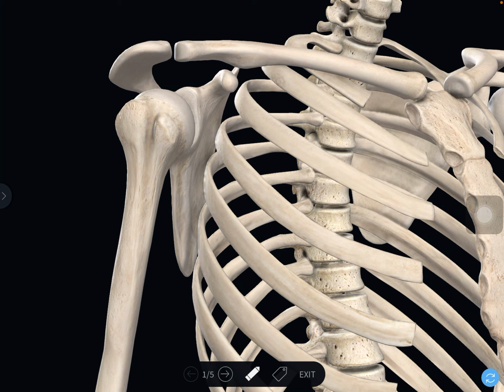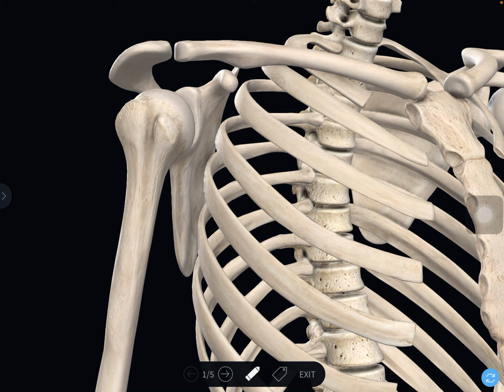So this is the apex of axilla, this is the base of axilla. Muscles coming from this pectoral region form the anterior wall. Posterior wall is formed by subscapularis, latissimus dorsi and teres major. Medial wall is by serratus anterior. Lateral wall is by the intertubercular sulcus of the shaft of the humerus.